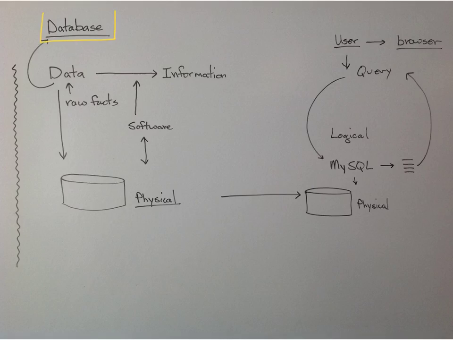Started off generically talking about databases. Data is stored in a database, and we use data to create information. I think of data as raw facts. Information, something that becomes useful to us as humans. Okay? We can take